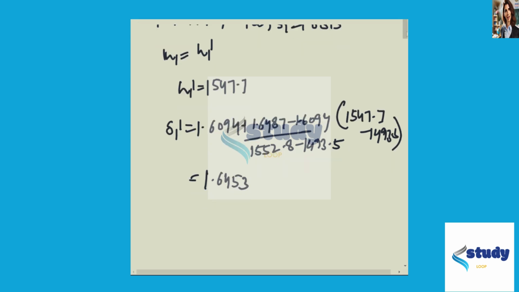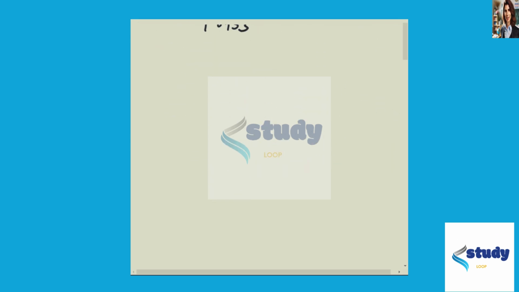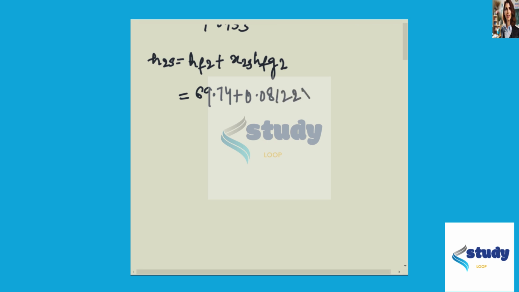Moving further, we have to find out the value of H2S. It is equal to HF2 plus X2S times HFG2. It is equal to 69.74 plus 0.8122 into 1036 into